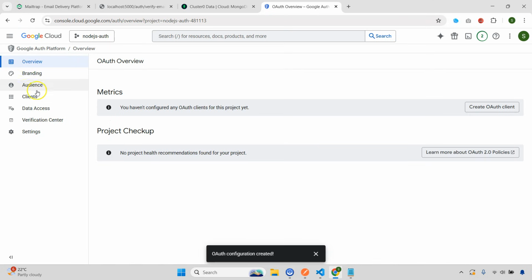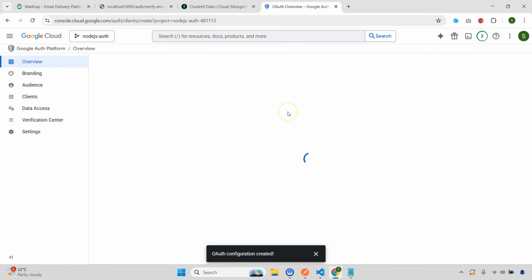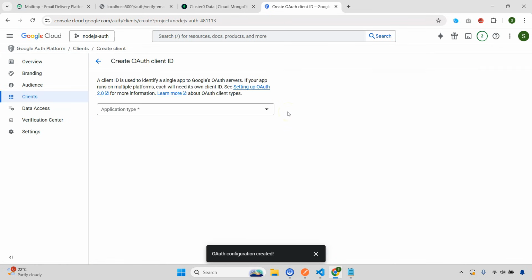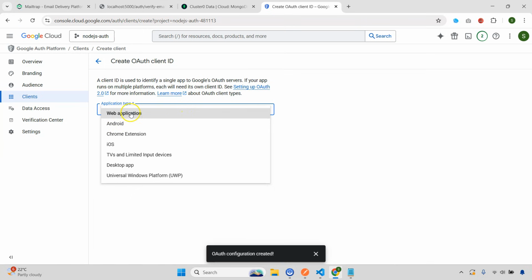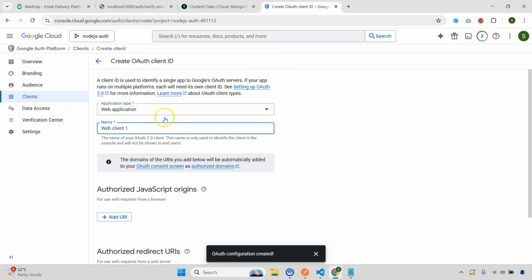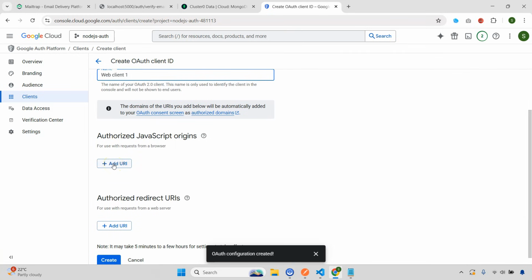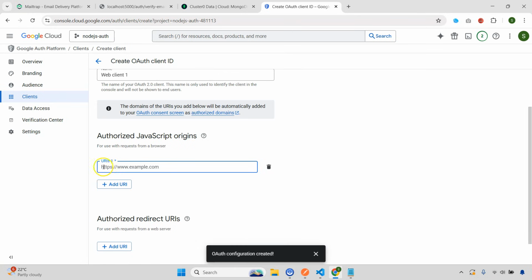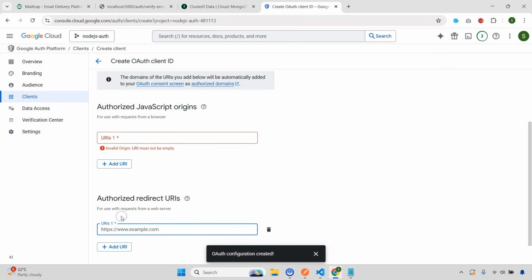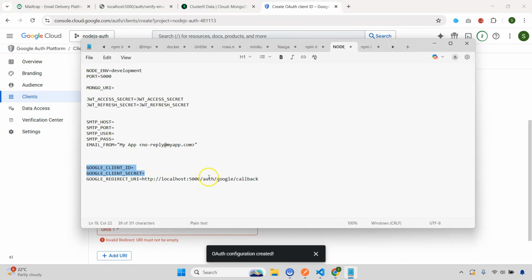Once this is configured, we can create the auth client from here also. So first of all, right click on web application and give web client 1 or whatever you want to give. Here you have to give the authorized JavaScript origins. Now this is basically the request from your browser. You can just give here HTTP localhost 3000, and for the redirect URI you have to give localhost 5000, because if you're using some other port, you have to change it based on that. So I'm going to just copy this from here,